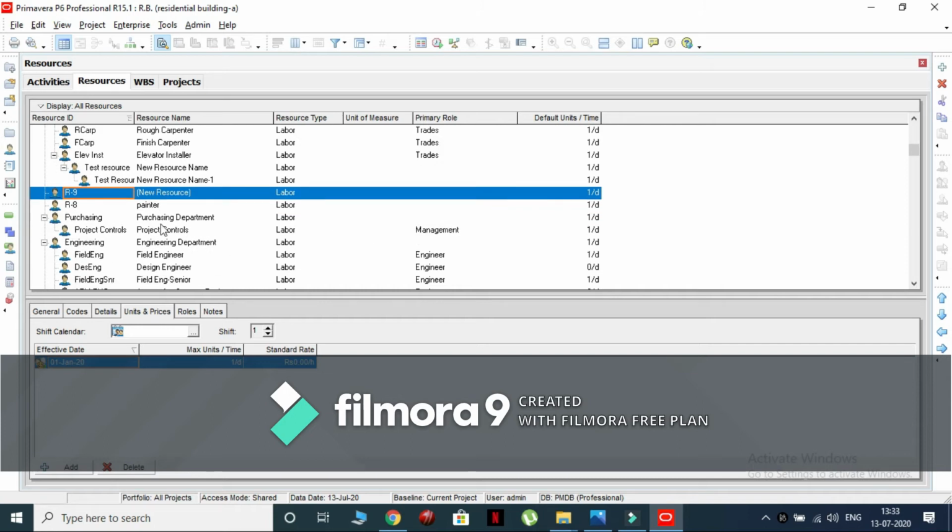Name the resource as residential building and create the resources that are needed under this. Now again click on the add icon to create the resource.